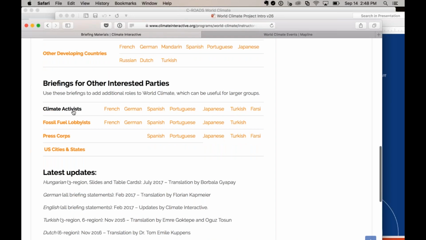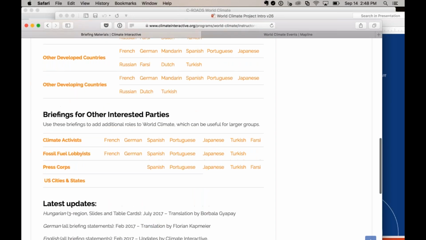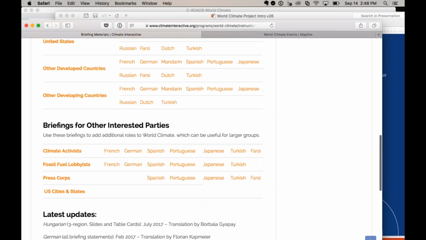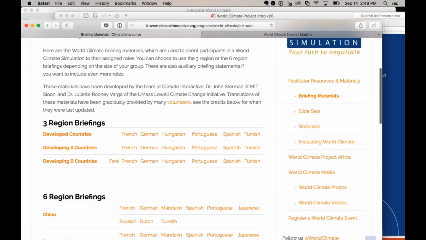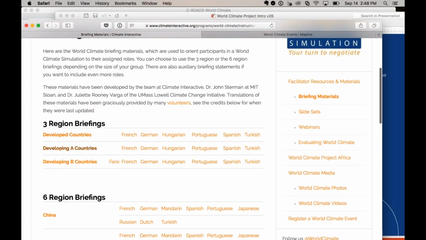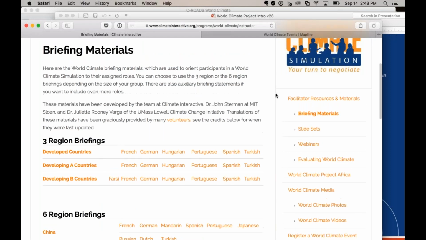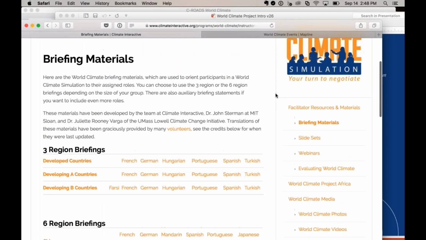But again, you can make it as simple or as complex as you want. So maybe you do just want to keep it simple. Keep it to the three regions: developed countries, developing A countries, and developing B. This has been run by students. It's been run for middle school students. It's been run in very large groups. It's been run in much smaller groups. It's really a pretty flexible thing,